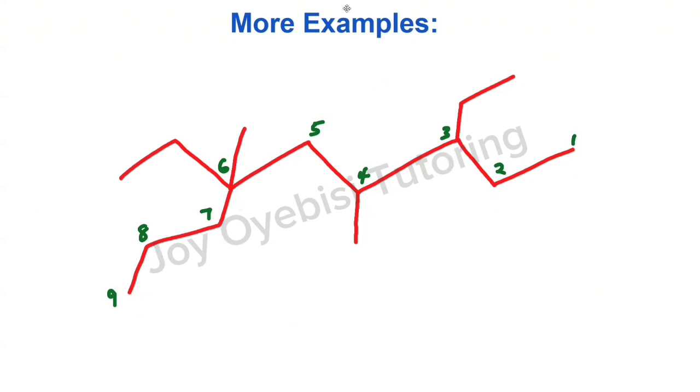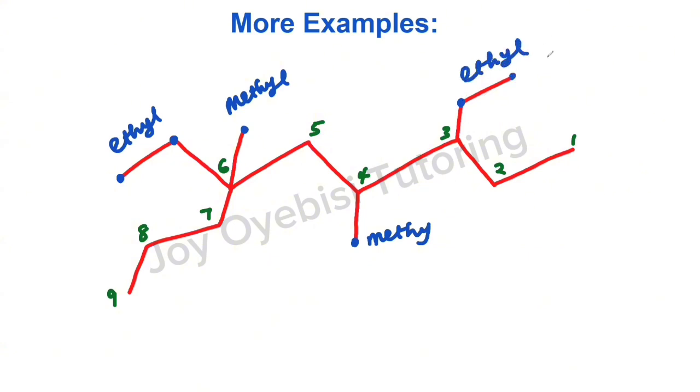So the next step is to identify our substituents and name them. I have this one here. This is 1 and 2. That is a 2 carbon substituent. So that is going to be ethyl. This is 1 carbon, that's methyl. Another methyl here, and then 1, 2, that is ethyl. Okay, so